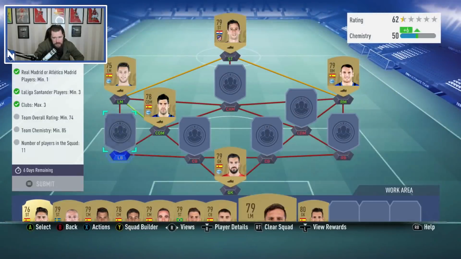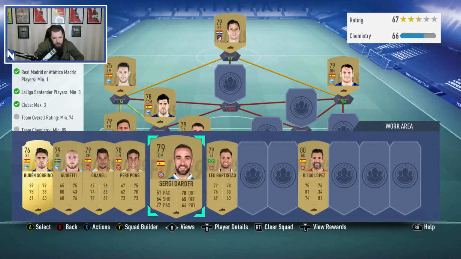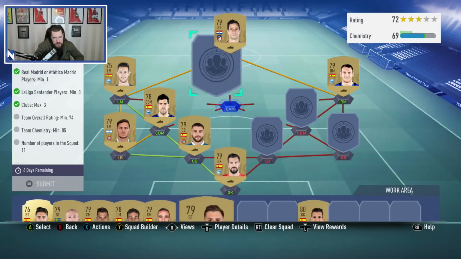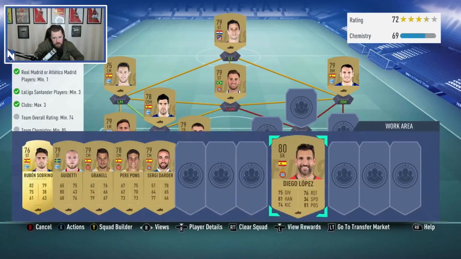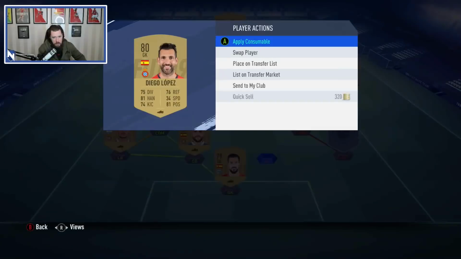So, we're going to put Piatti in at left-back. We're going to pop in Javi Lopez in there. Damn. This is still going to be tricky. This is going to be tricky. It's because we're not going to get the chemistry. We're going to have the clubs, but we're not going to...